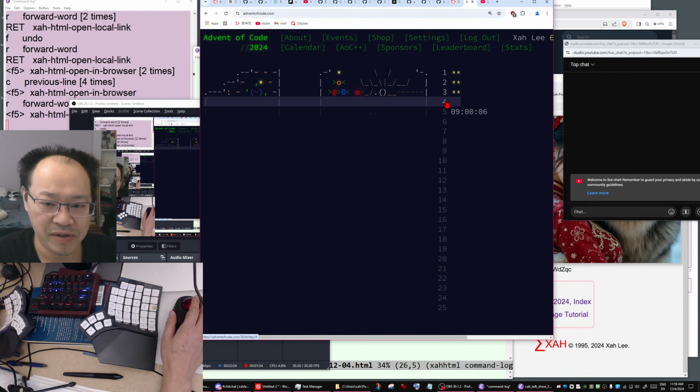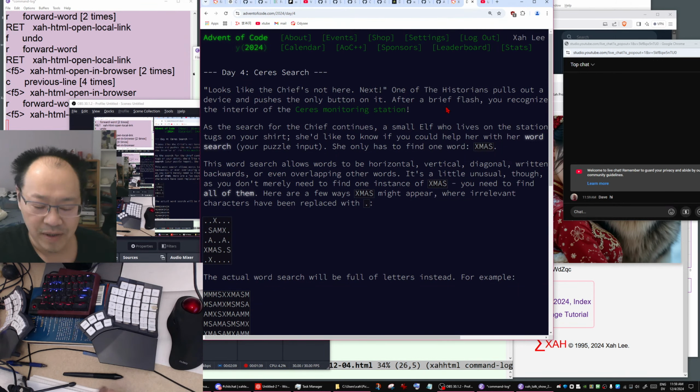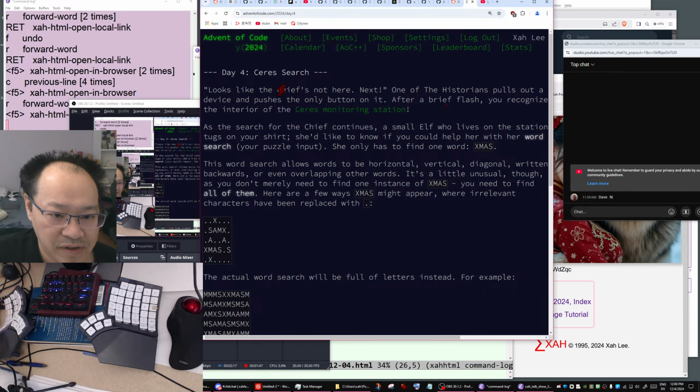Okay, so Advent of Code, number 4. Let's begin. Looks like the chief's not here. As the search for the chief continues, a small elf who lives on the station